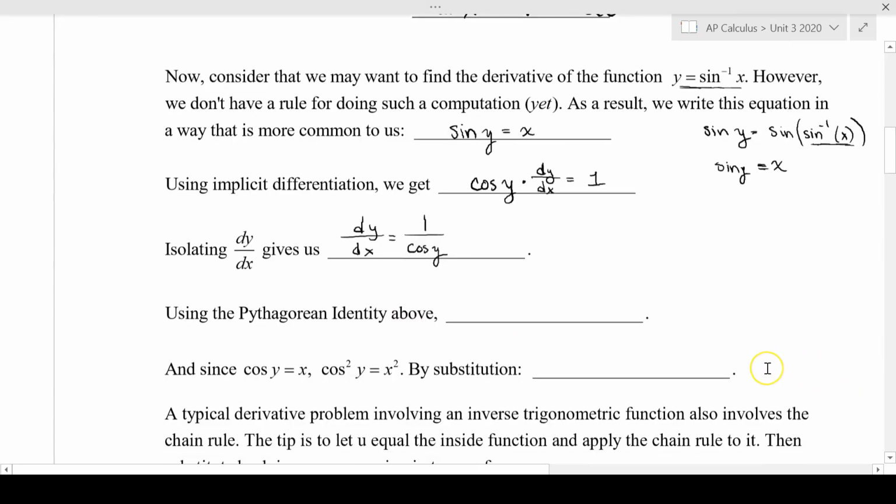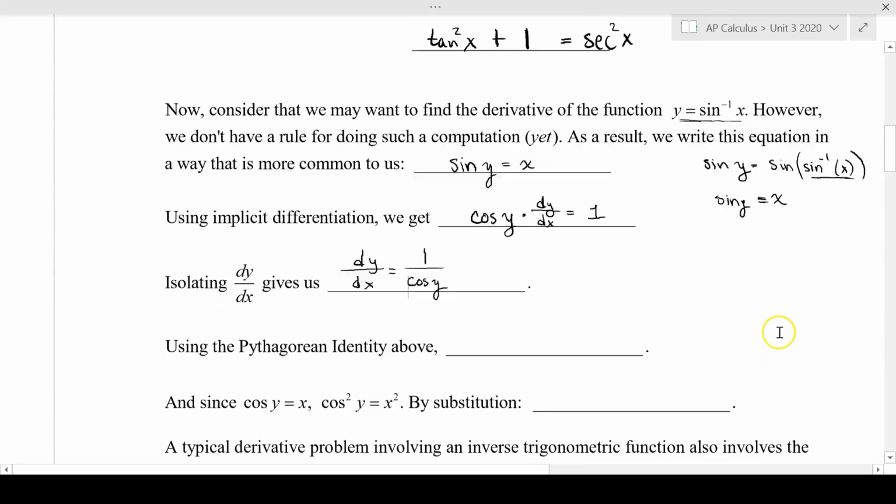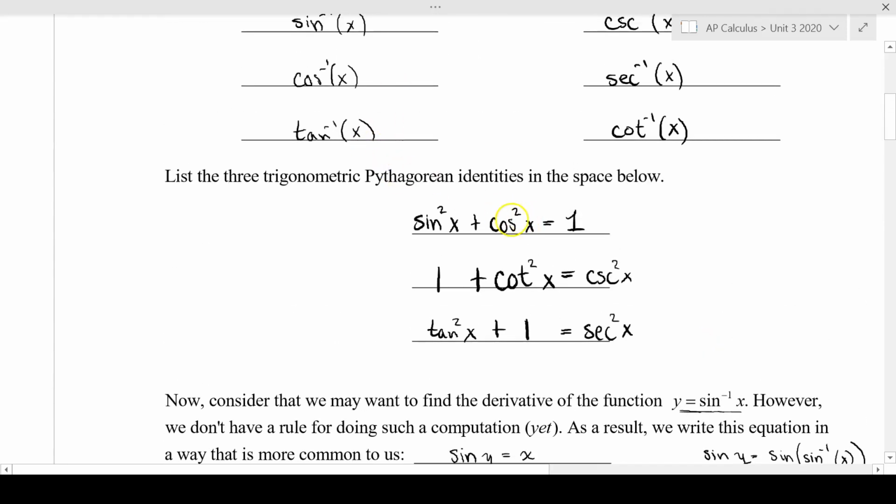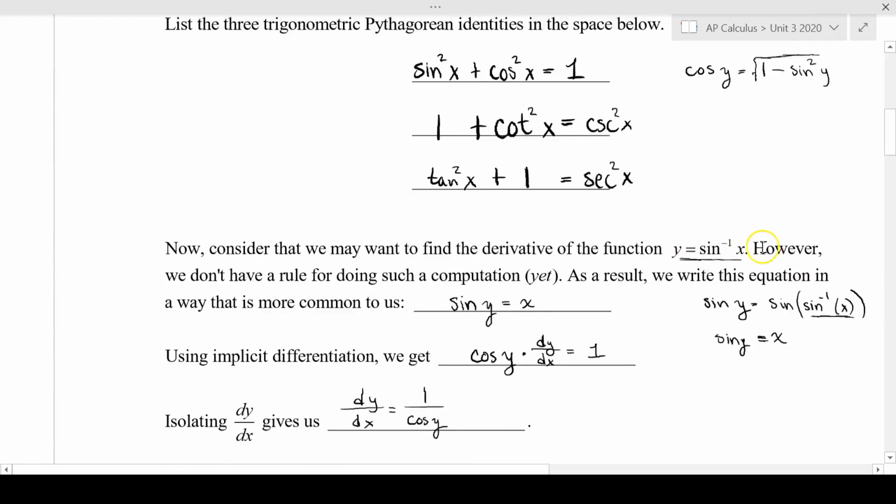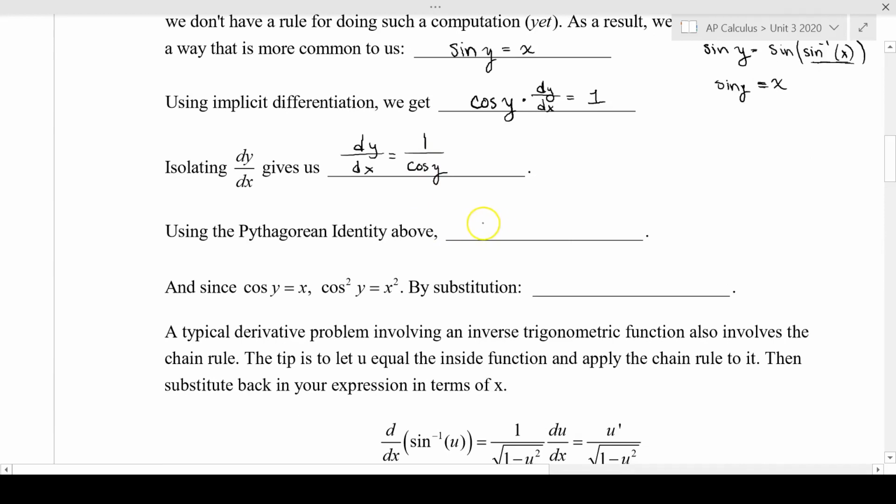Okay, and then the Pythagorean identity above. Cosine y: if this was cosine squared y, then I could solve for that, right? I would have 1, and I would subtract sine squared y, but then I'd have to get rid of that square, so I'd have a square root here. So cosine y is actually the same thing as the square root of 1 minus sine squared y. So dy/dx equals 1 over the square root of 1 minus